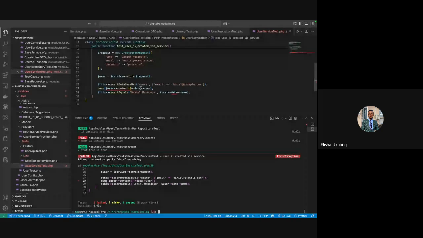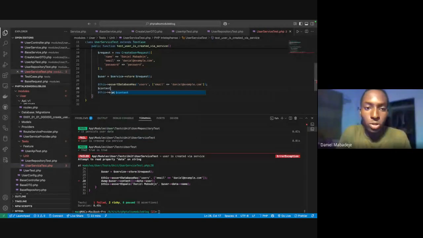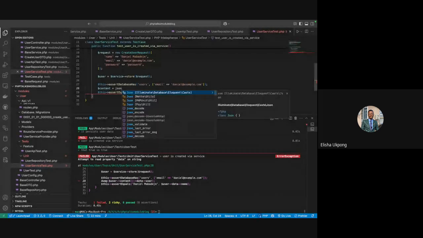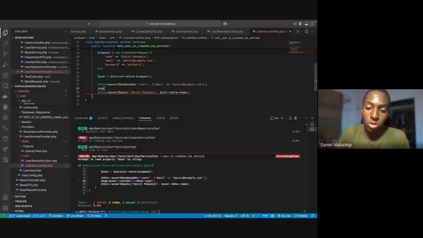Content is a string, so you might want to do JSON decode on it. Like on content, you might want to do JSON decode, then access it like an array. Okay, so let's just do it here. It should still be dump when you're sure it's actually working, before you remove that dump, because that's what's stopping us. Okay, so just say JSON decode,